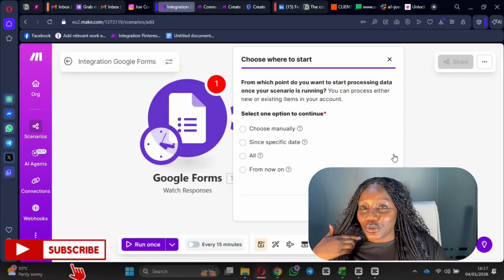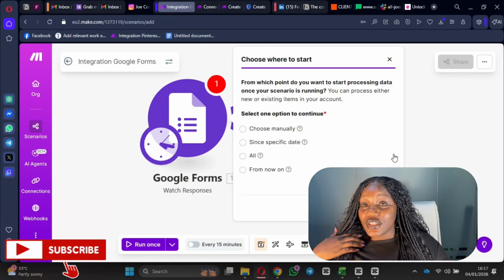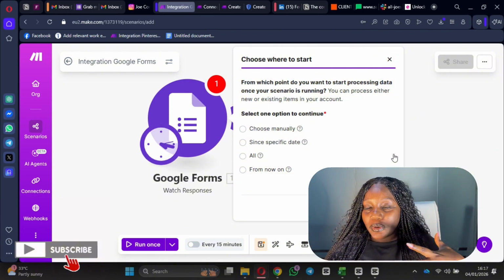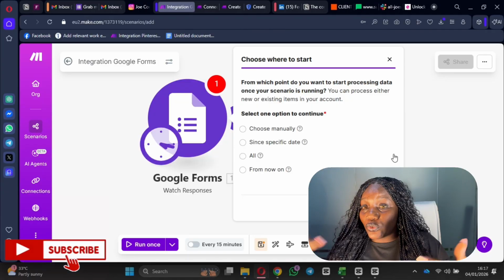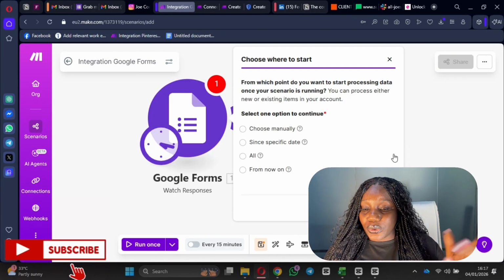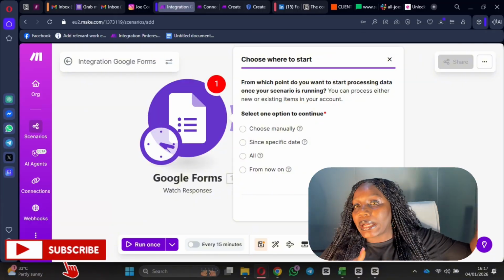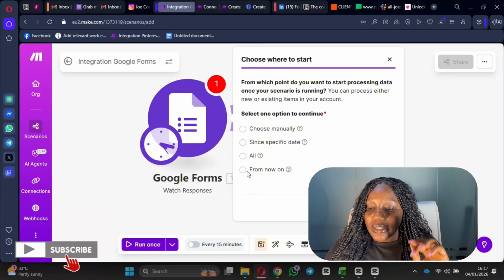But if it's new like mine, it will not matter because there are no responses yet on the form. But if your form already existed before now, my advice is to pick the from now on option, so it just starts running from now and does not go back. So let's just pick from now on,